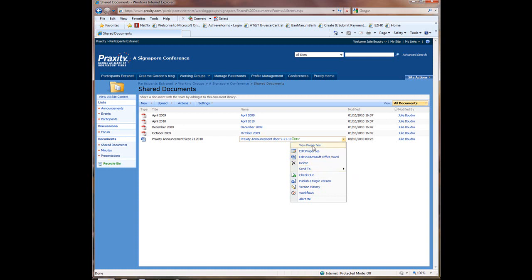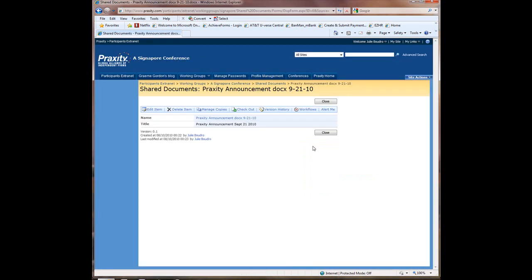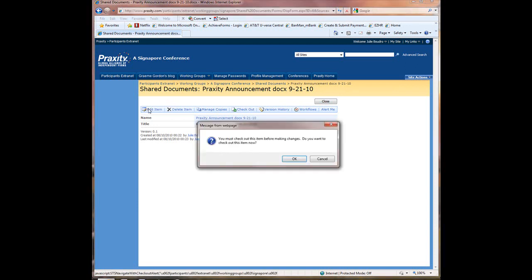If we select View Properties as our first option, we are taken back to our very familiar screen that contains the name of the file as well as the alternate title that we have provided. We can see here we have very similar options as compared to our original menu. We can select Edit Item, Delete Item, as well as check out the file or just simply close out of this screen. At this time, we're going to select Edit Item, and it's giving a notification to let us know